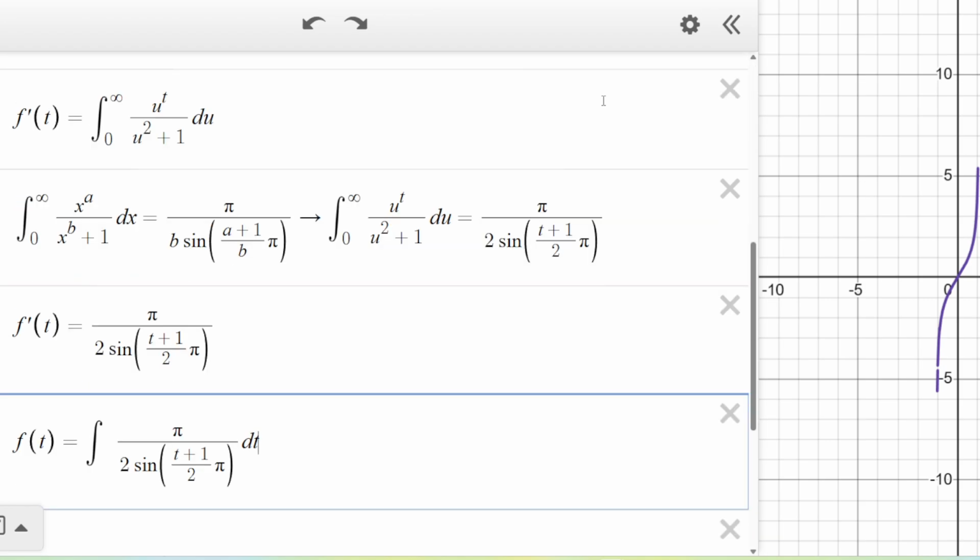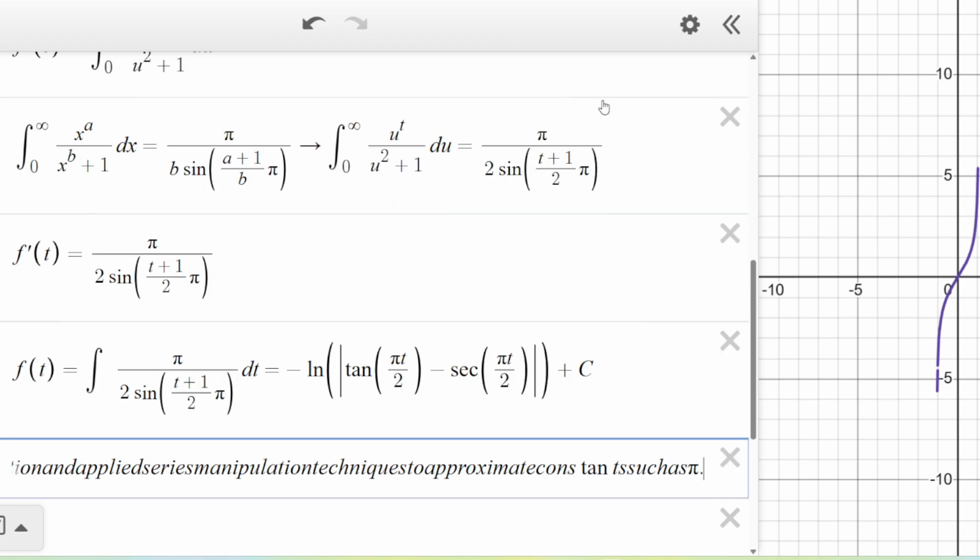All right, so what next? Well, we anti-differentiate both sides. Anti-differentiating f prime of t gives f of t, and this gives this. Okay, I'm not going to show this. It's u sub with the antiderivative of cosecant x. So, I mean, you don't watch this channel to see me do integrals like that, but it's equal to this. All right, now we can use the fact